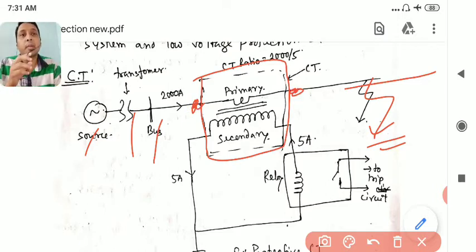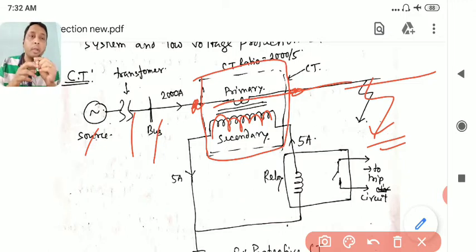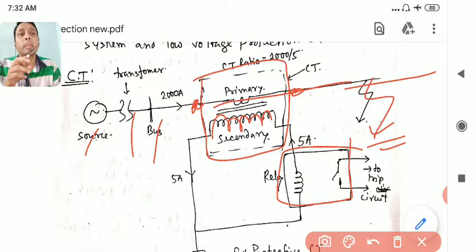So inside the CT, what is there? The primary. I have shown a single turn, but there is no such turn as such. It is the simple wire that is going, a single wire, which we consider as a single turn, one turn. So the number of turns in the primary is fixed, that is 1 in the case of CT. And this is the secondary of the CT. The number of turns depends on how many turns you want to give, so that you have the proper ratio. That CT is connected to your relay, as you can see.